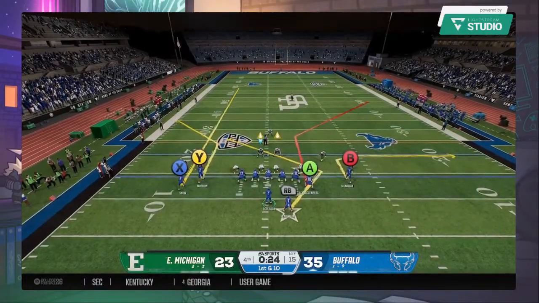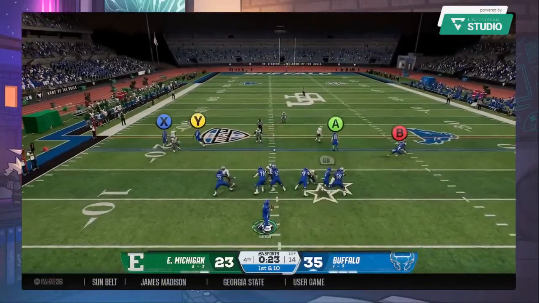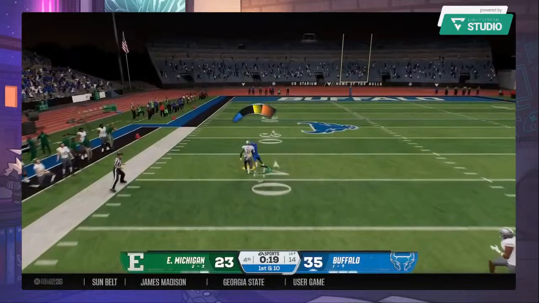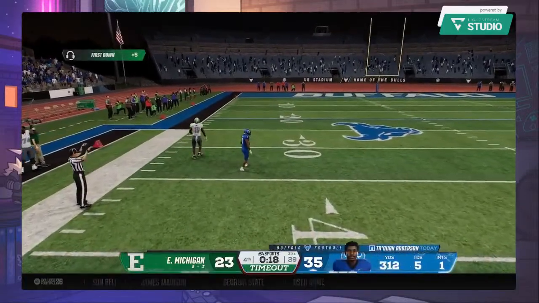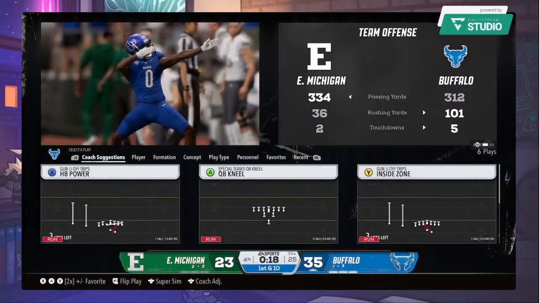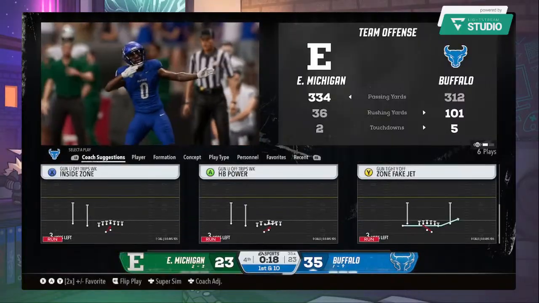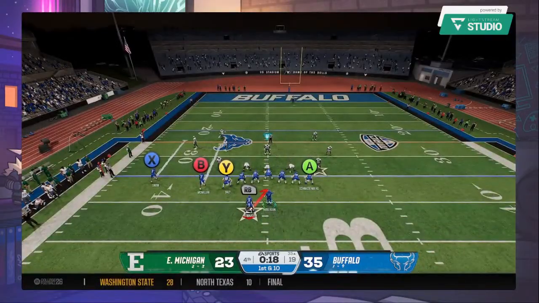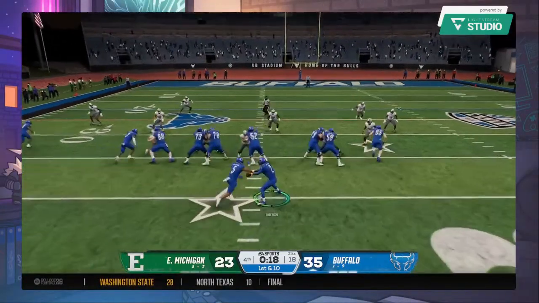Quarterback adjusting the pattern. Looking downfield, it's Roberson. He lobs one high down the left side. Pulls it in down the sideline. Timeout called by the defense, and the clock is stopped with 18 seconds left. After that huge play, they'll try to finish him off with another one. It's 1st and 10 from inside the 40.